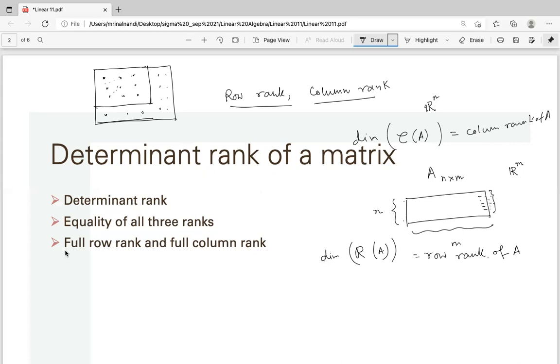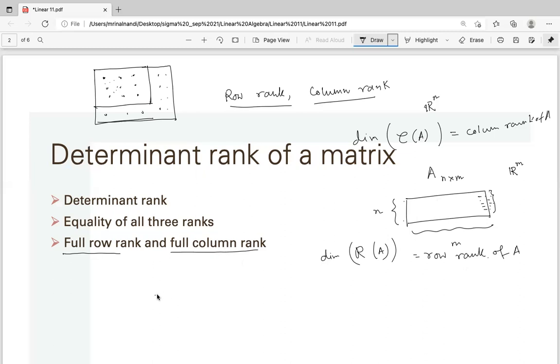Before that, what are full row rank and full column rank? If the row rank is n, the number of rows, that means all the rows are independent, then it's called full row rank. Full row rank means all the rows are independent. Similarly, full column rank means all the columns are independent. It is clear